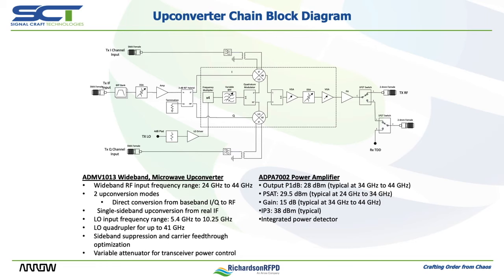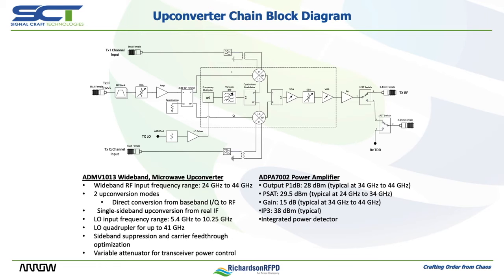The ADAR-PA 7002 is biased using an onboard controller to provide full tuning of its operating conditions. RadioThorium can be used in either time division duplex or frequency division duplex modes. In FDD mode, the upconversion path has approximately 30 dB of gain, an output compression point, or P1 dB